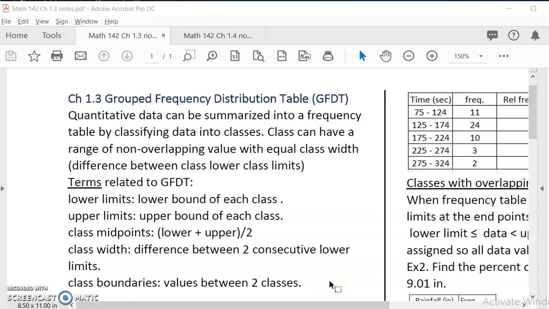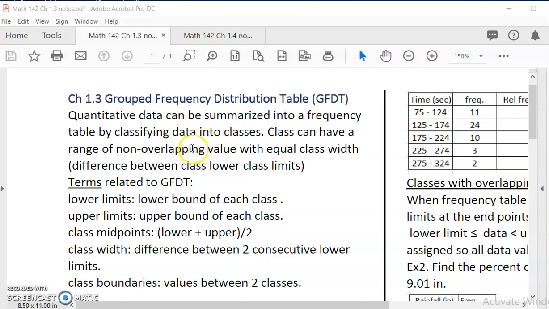Hello, statistics student. This video is for chapter 1.3, part 1. We're looking at two big topics in 1.3, namely how to summarize quantitative data in a table and also how to do a statistical experiment. So this part 1 is about summarizing